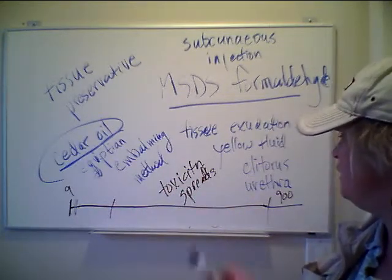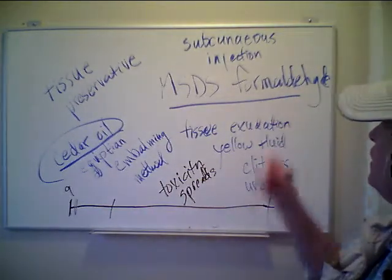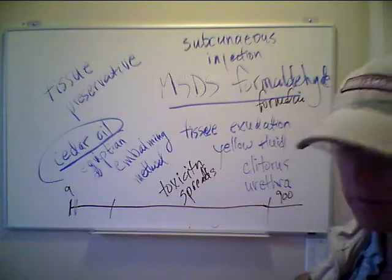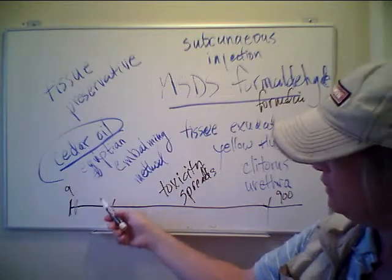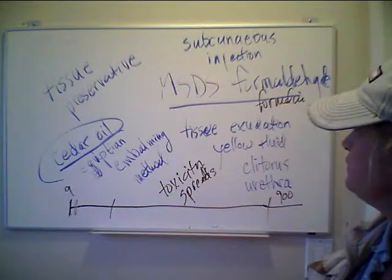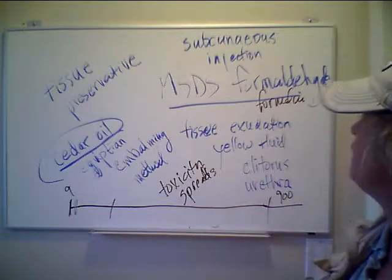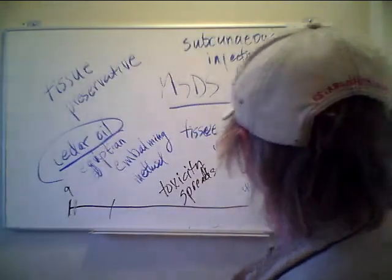In hindsight, I do think it was oil-based. Formaldehyde, there's a form of formaldehyde called formalin, which is water-based, and formalin would have been absorbed much more quickly than what's currently happening. So I feel the toxicity spreading, and I don't think it's formalin. It may be formaldehyde that's mixed in